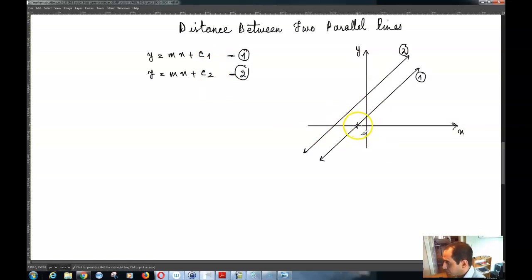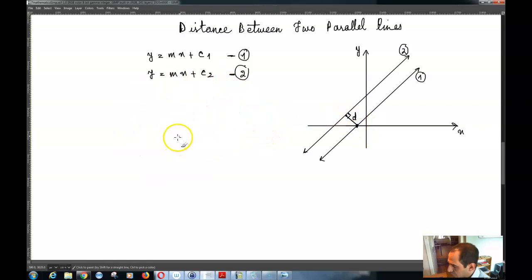And of course, we want to find this perpendicular distance, which is d, between the 2 lines. Now it's important to know the coordinates of this point, otherwise we will not be able to calculate the distance, meaning that in the previous